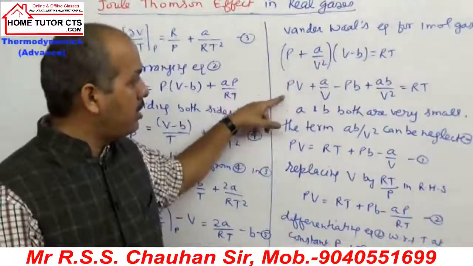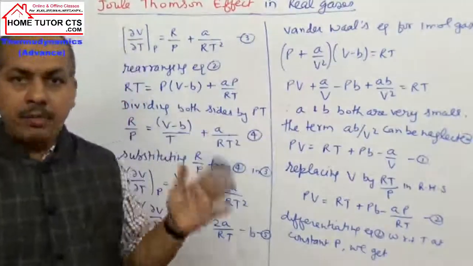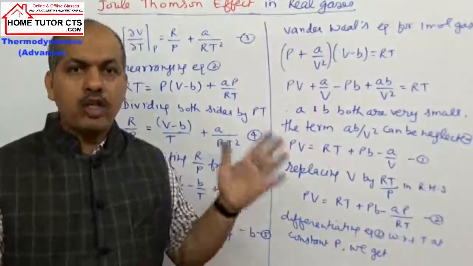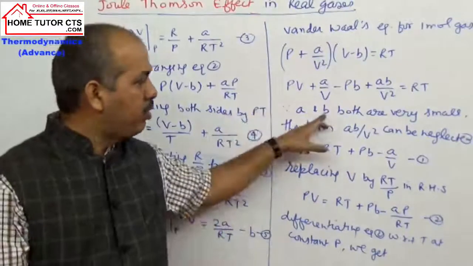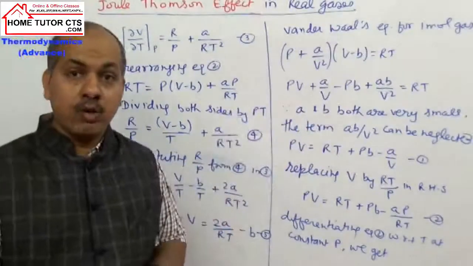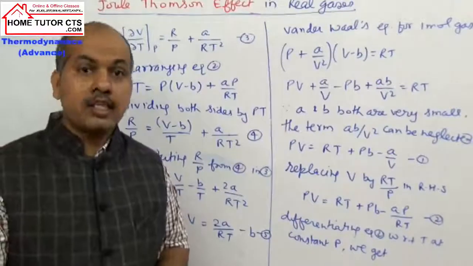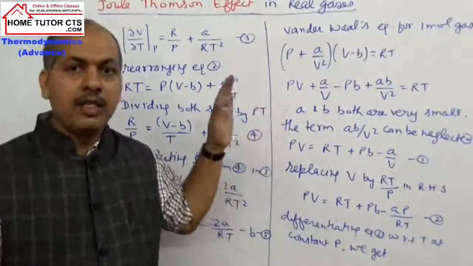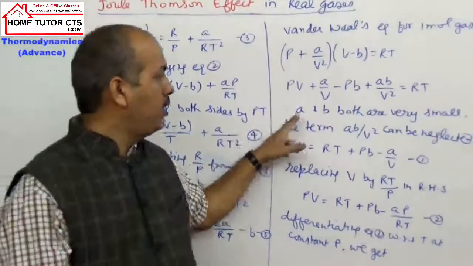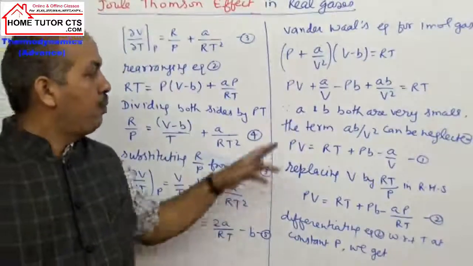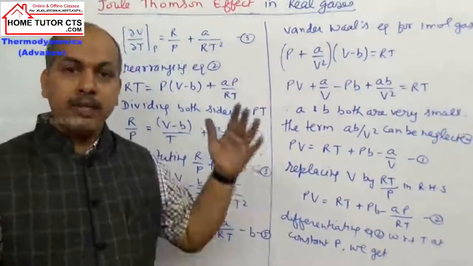This expression you can write in this form here on abbreviation. Now in this case, what are a and b? a and b are called van der Waals constants, whose values are very small. Small b is a measure of the size of the gas molecules, whereas small a is a measure of the attractive forces among the gas molecules. I explain this topic in the gas state under the heading van der Waals equation, significance of different terms. Since a and b are both very small, the product of a and b divided by V square is very small, so it can be neglected in the expression.